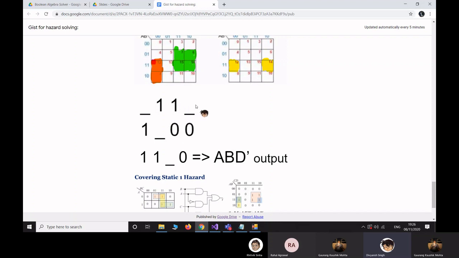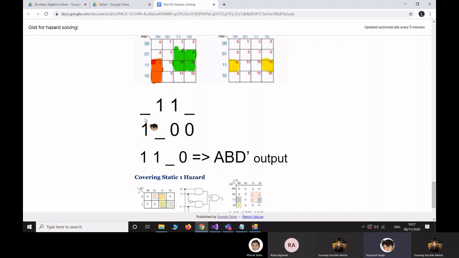what our basic motive is to find a term which shows the difference in logic states in two terms selected. So our aim will be to check every pair of terms in the expression and find the variable which is causing the static 1 or static 0 hazard. Since both the hazards require only one variable to be in a complemented form and in an uncomplemented form in two different terms, the crux of this logic remains the same even when the expression is in SOP form or POS form.